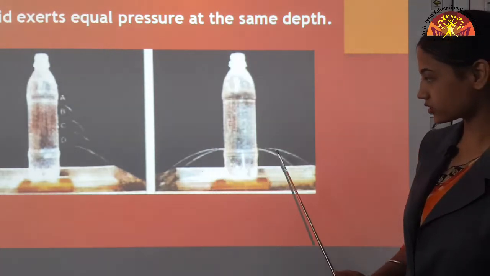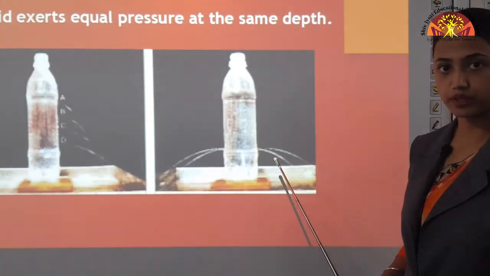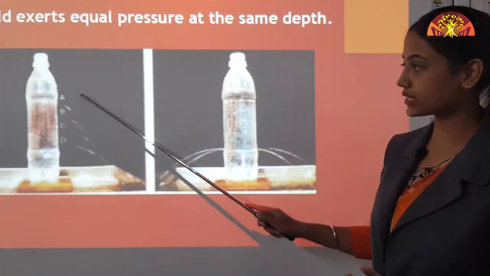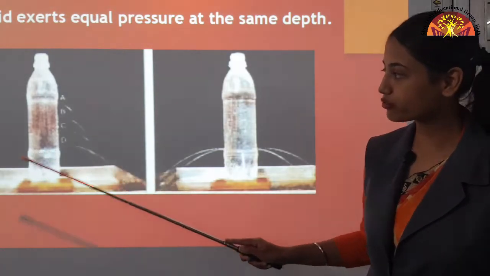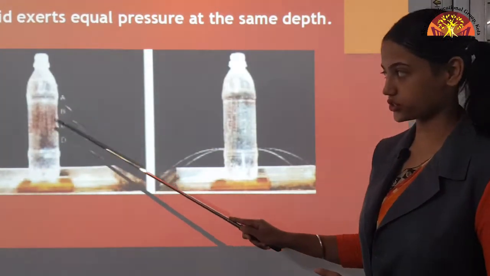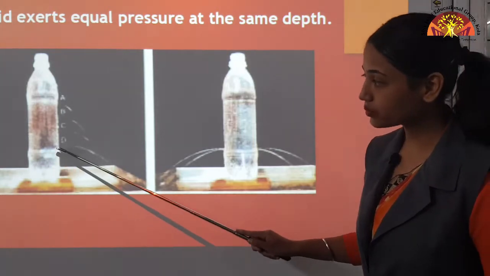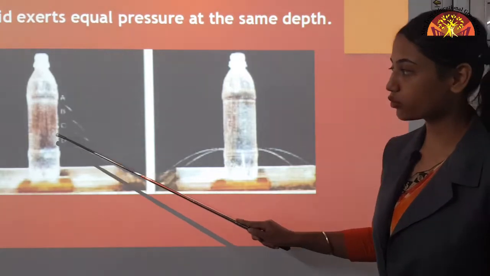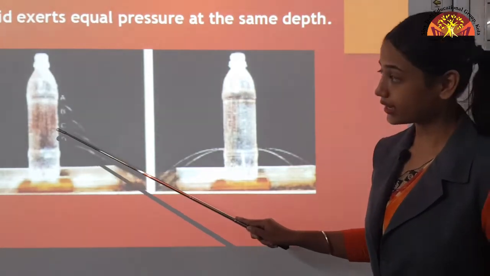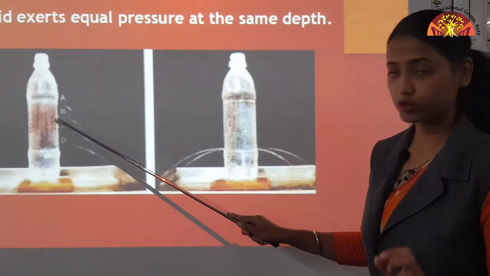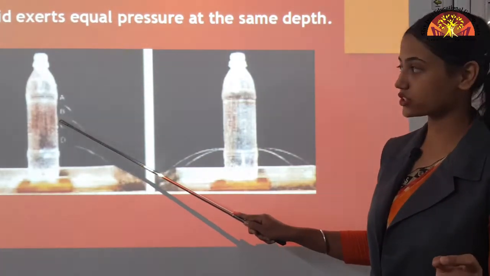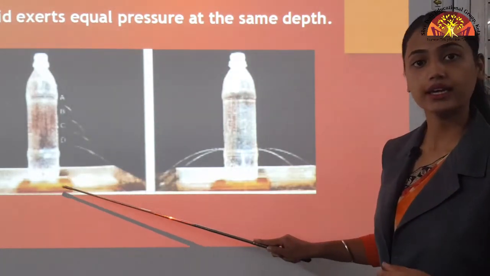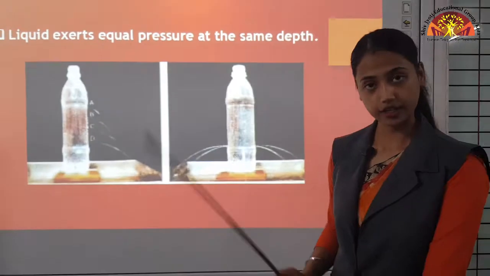You can see these all are equal, the stream of water is equal in pressure, but in this case we have marked 4 points A, B, C, D, and we have marked hole at this position only. You can see the stream of water at the bottom has more pressure as compared to the water stream which is at C, and again the water stream at the position B is having less pressure. So it shows what? As we go deeper inside, the pressure keeps on increasing. Understood this point?